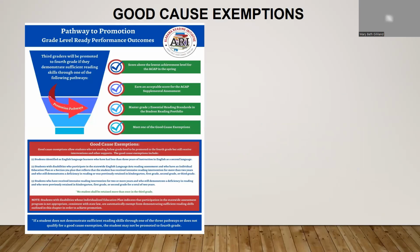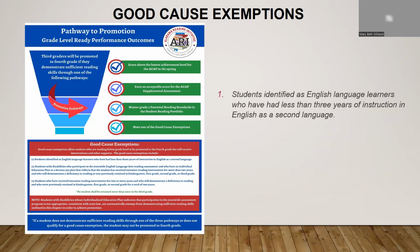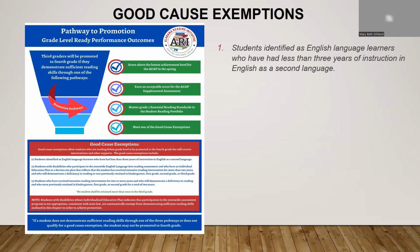There are good cause exemptions. What happens if a student does not demonstrate proficiency? For those students who do not meet one of the three pathways listed on the previous slide, here are good cause exemptions for promotion to fourth grade per the Alabama Literacy Act. Students identified as English language learners who have had less than 3 years of instruction in English as a second